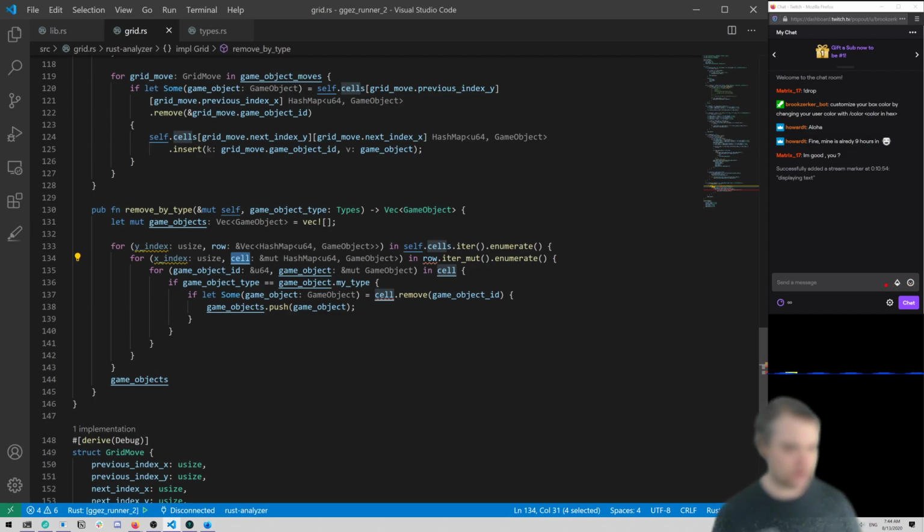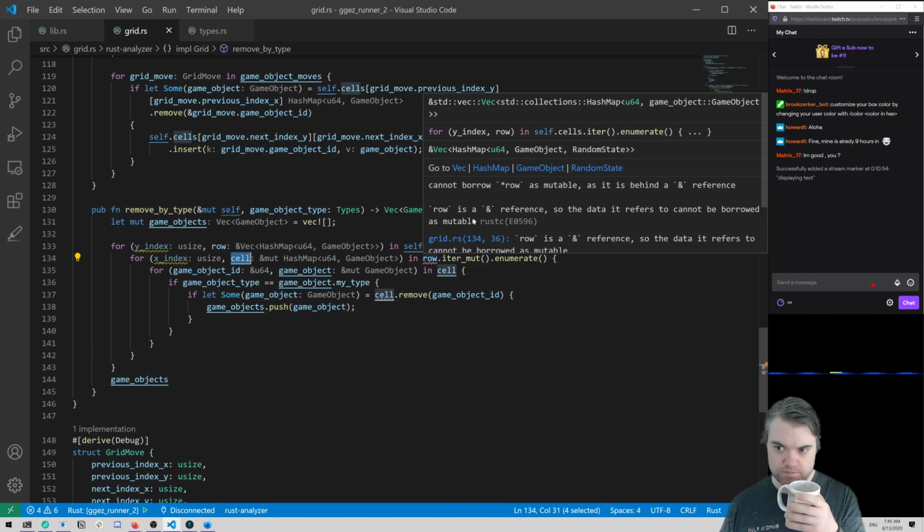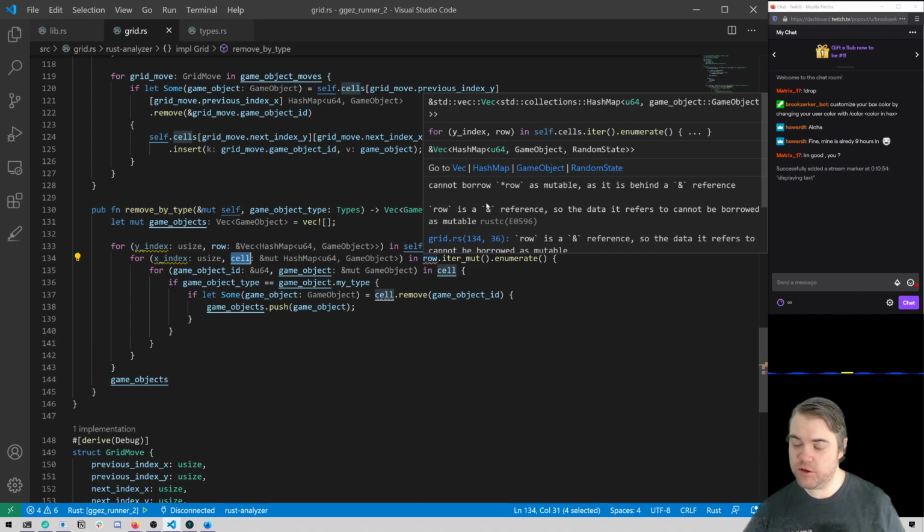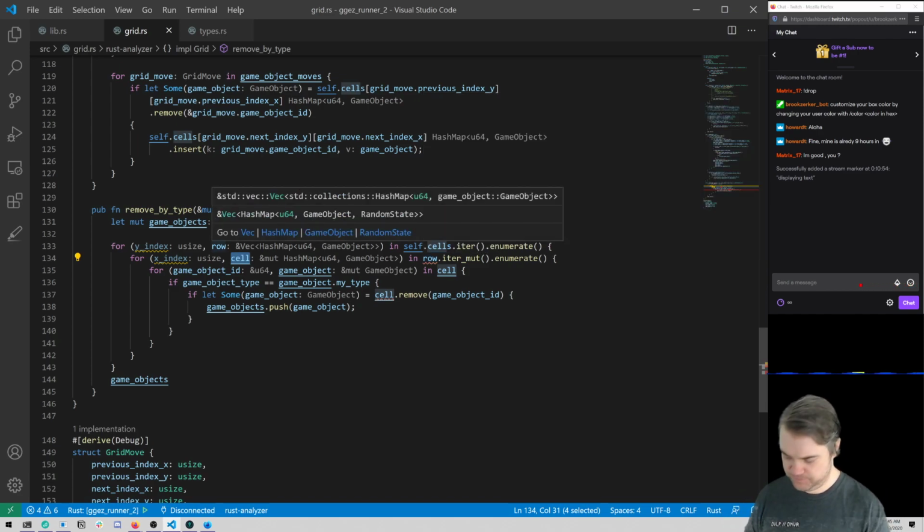I don't want to take ownership of cell. I want to take ownership of the thing inside of cell. Oh, cannot borrow row as mutable. It's behind. Okay, so